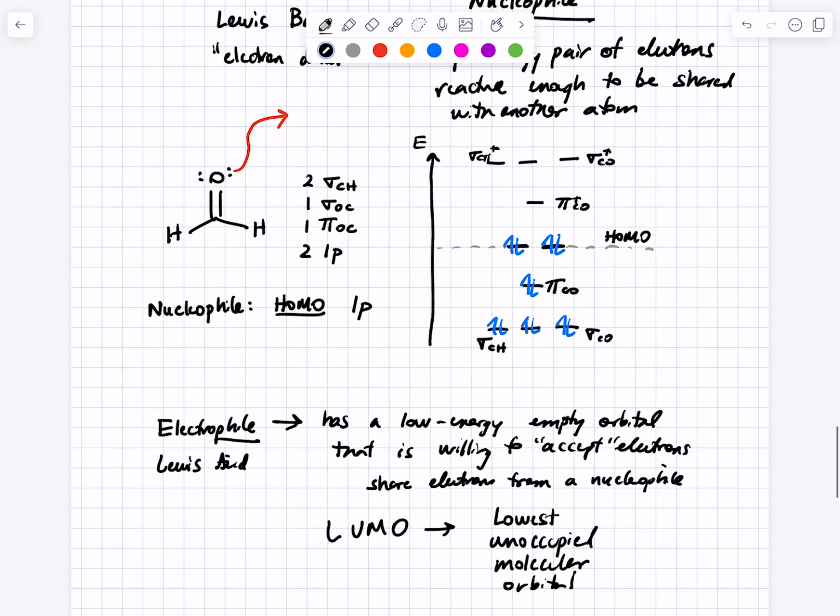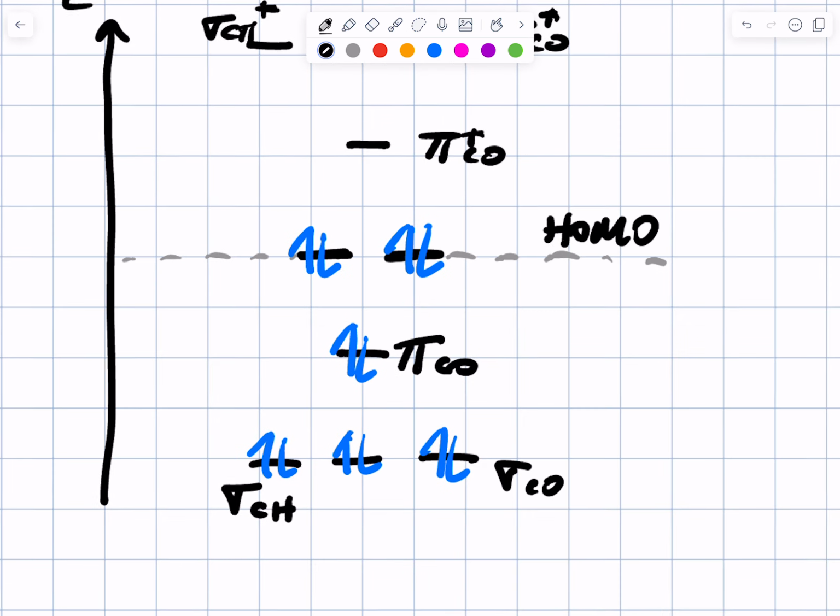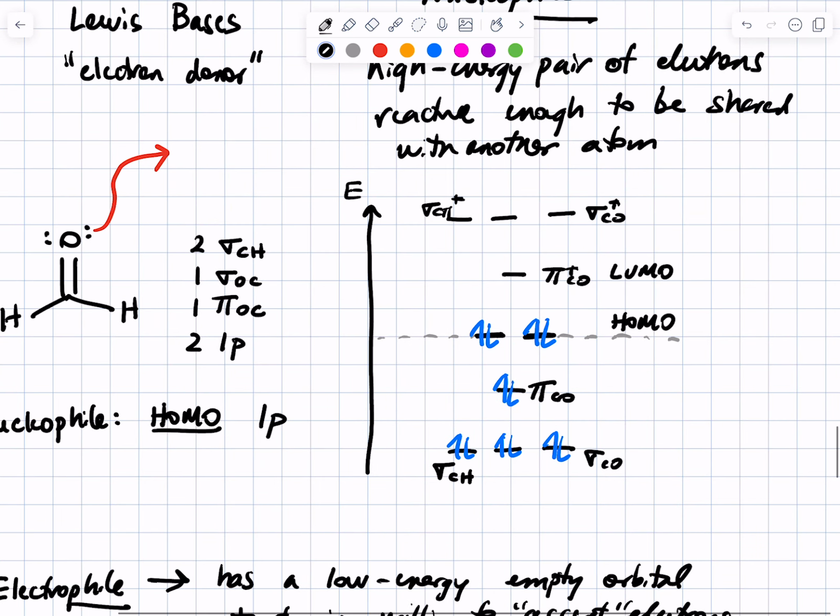So in formaldehyde, what is the LUMO? What is the lowest empty orbital? Yeah, that pi star. It's not the sigma stars. That should agree with what you know about pi bonds. Pi bonds are less strong. They are weaker than sigma bonds. So it follows that the pi star should be lower in energy than a sigma